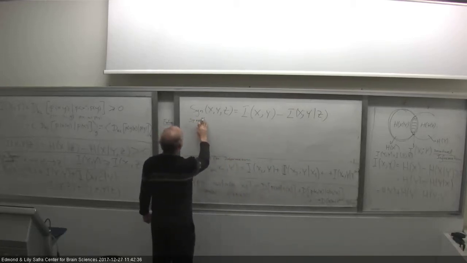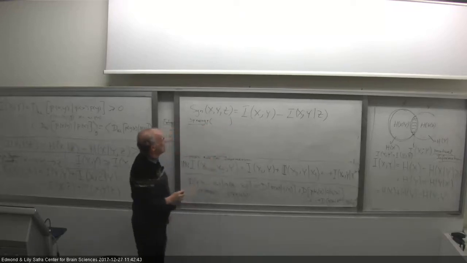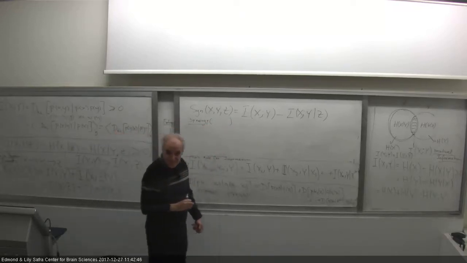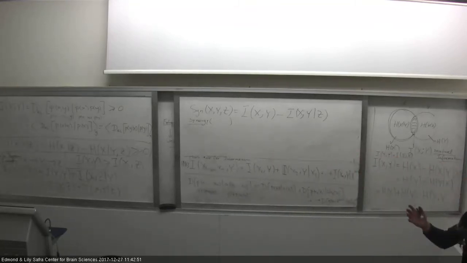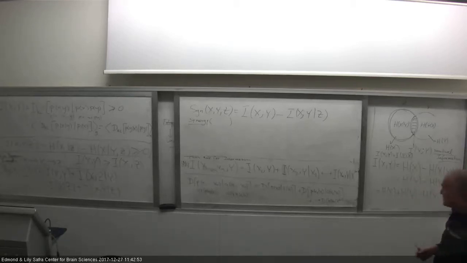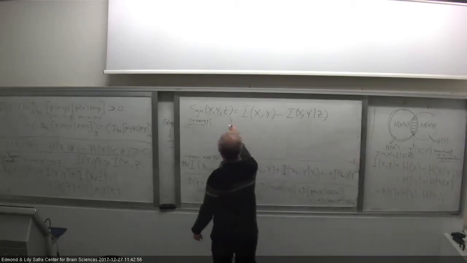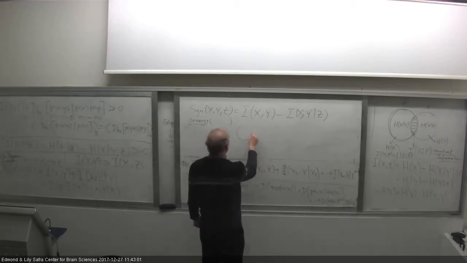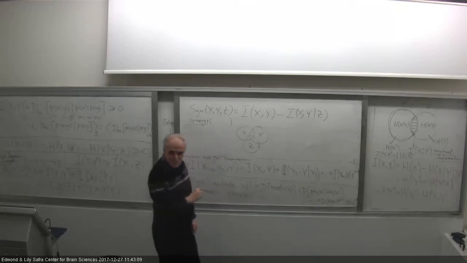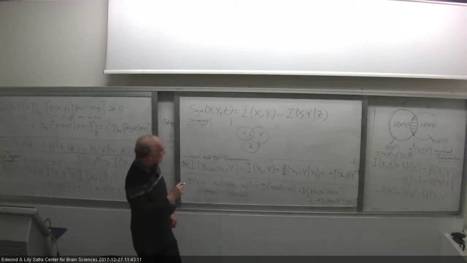I think that it's double n, not one n. Synergy, double n. So this is a definition. You're going to find it in some, especially neuroscience papers, because we are really interested in synergy of neurons about stimuli or about actions. So this is something which, in the Venn diagram, I can look at like this. If this is x, and this is y, and this is z, the synergy is this.